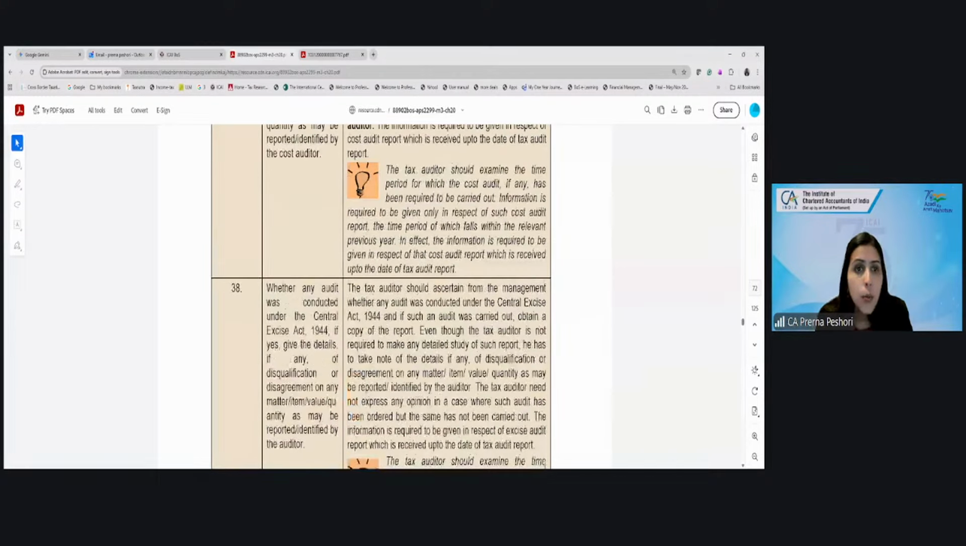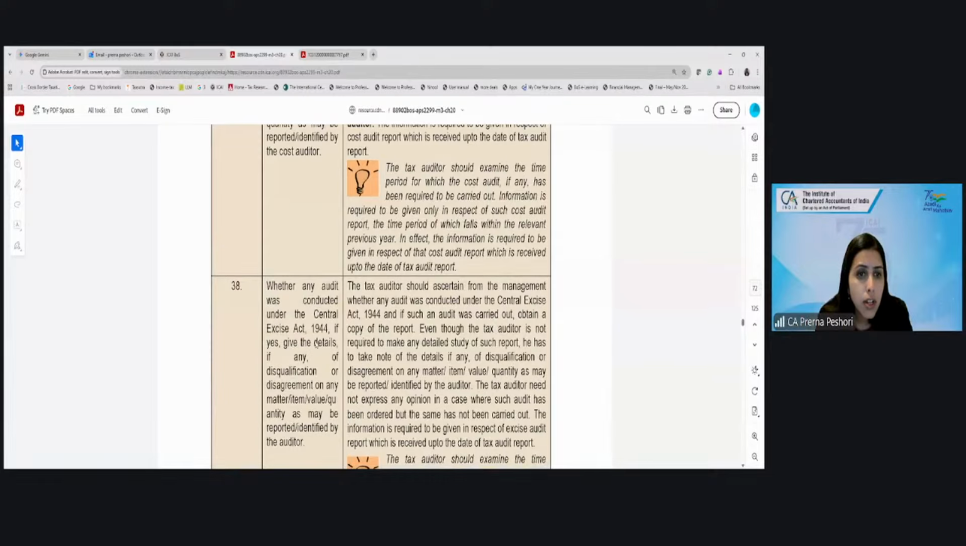38. Whether any audit was conducted under the Central Excise Act. If yes, again give the details of the same. Now, this is with respect to the Central Excise Act. Again, same thing. The auditor needs to ask the management if there is any report which is issued. He just needs to report it over here in clause 38 that yes, there has been a separate report. Next is,